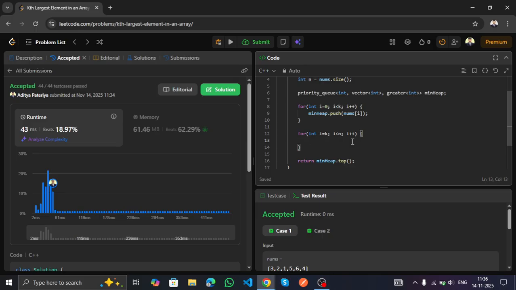It will remain the same, because whatever element we are pushing, if that element is also smaller than this particular element, then there's no point in pushing it, because after heapification it will be removed from the heap, so the heap will not be changed. So we have to simply check if this nums of i is greater than the min heap dot top element, and if this particular element is greater than that, then only we will push this element,